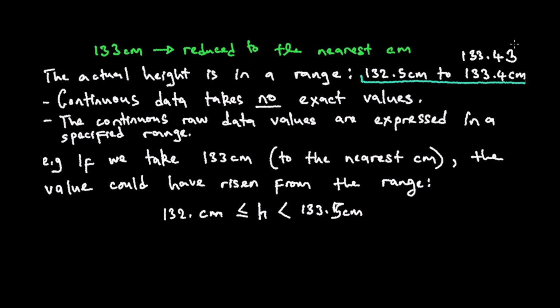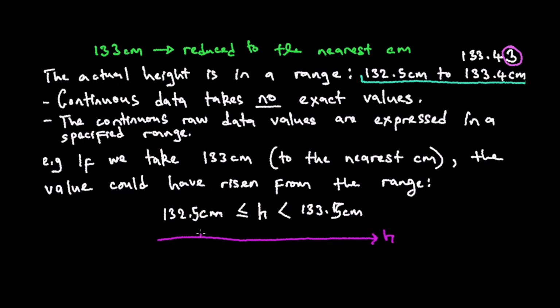Because we can actually have other values, to account for those values our range must be true, so we say less than 133.5 centimeters. First we say 132.5 centimeters is less than or equal to h. Take note that we said less than or equal to, yet here we are saying h is less than 133.5 centimeters. If we wanted to put this on a number line,